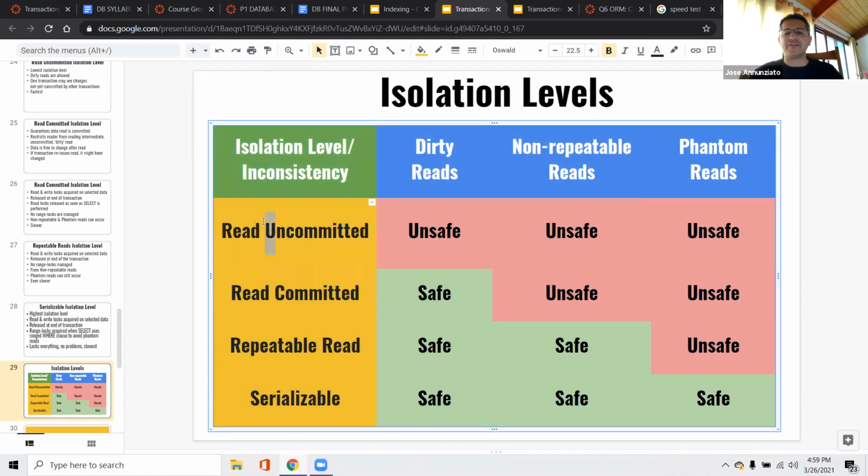What does read uncommitted fix? It doesn't fix anything, right? Dirty reads are unsafe, non-repeatable reads are unsafe, and phantom reads are unsafe. Instead, read committed at least fixes dirty reads, but it does not fix non-repeatable reads, and it does not fix phantom reads. And repeatable reads fix both dirty reads and non-repeatable reads, but phantom reads are still allowed. And finally, serializable